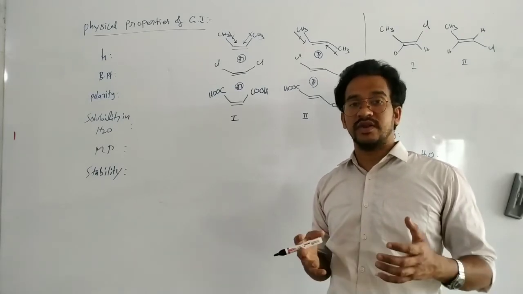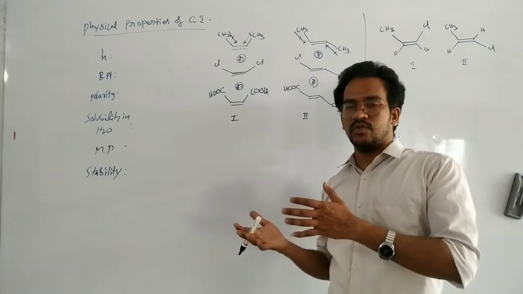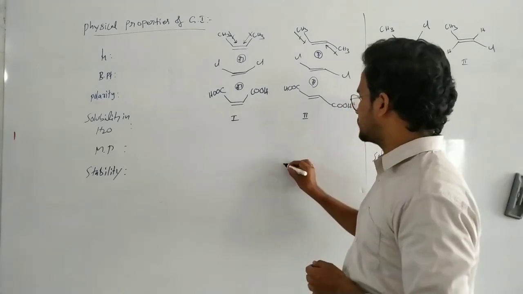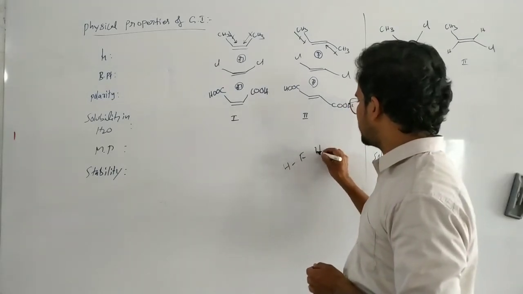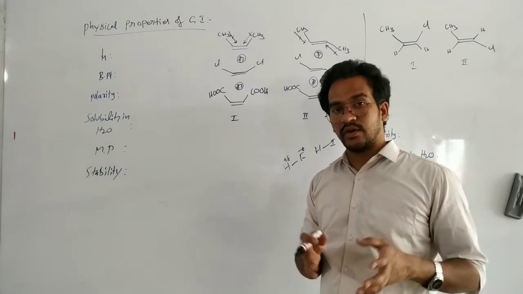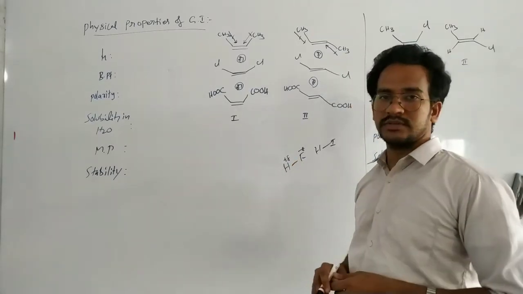With more electronegativity difference, there is separation of the charges. There is a more negative charge and a more positive charge. That means the dipole moment increases. For suppose HF and HI. Here in this case, fluorine has a more negative charge and this one a more positive charge because of the more electronegativity difference. As a result, this one has a higher dipole moment.